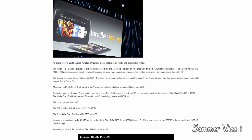That being said, here's the amazing part. It has 254 pixels per inch. Now if you're like, whoa, that sounds kind of familiar, guess what? The iPad 3rd generation, which is Retina display, and I'm putting this in quotes, but you obviously can't see, has only 10 pixels per inch more than this, which means a huge thing. This means that companies are starting to get closer to mimicking Retina display,